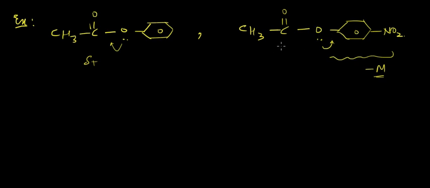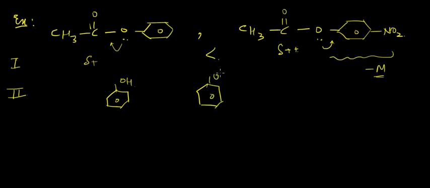Okay, so this would be having more partially positive character, hence it would be a better candidate for nucleophile to attack. So with the first approach we see this as the comparison. In the second approach, you have to tell me which is a better acid than the other. So obviously NO2 would be a better acid. Why? Because of the presence of a minus M group, hence O will more generously donate H plus into the